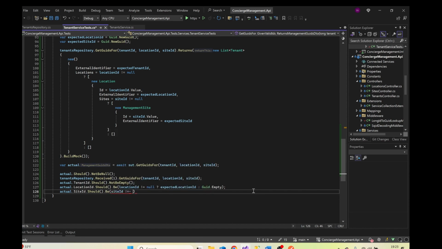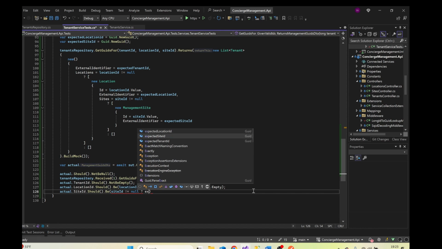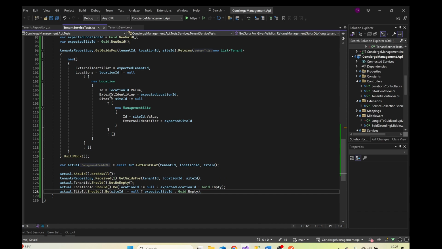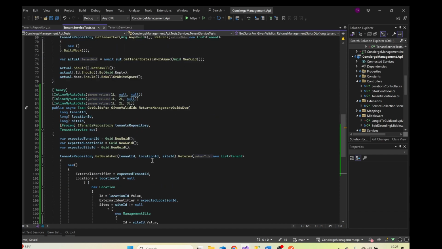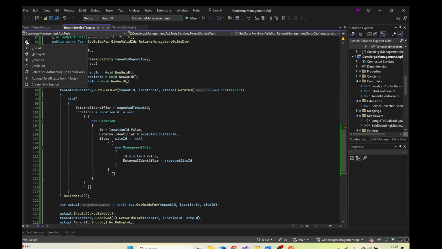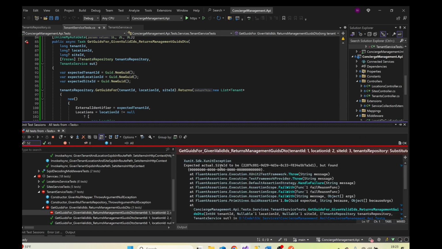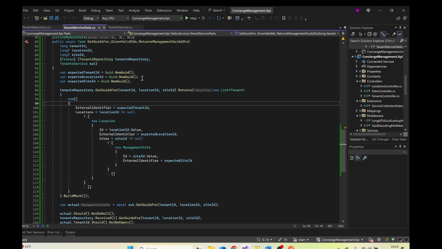Site ID not equal to null, expected site ID, otherwise it's GUID.empty. Run, and I should see a failure. And site ID is not set,